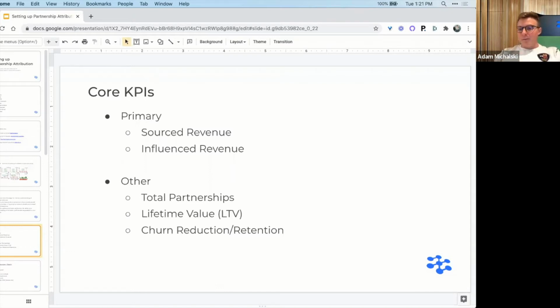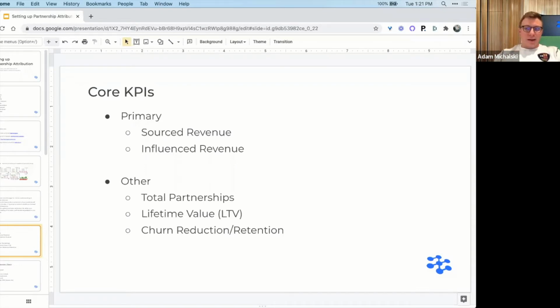And we'll talk a little bit more about how to account for that influenced revenue in your attribution modeling as well. The other couple metrics that we'll touch on tangentially, and by the way, there's tens, if not hundreds, of different metrics out there that you can account for. So I just boiled down three major ones over here.